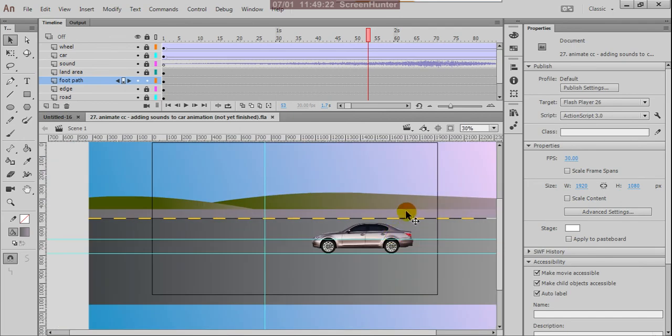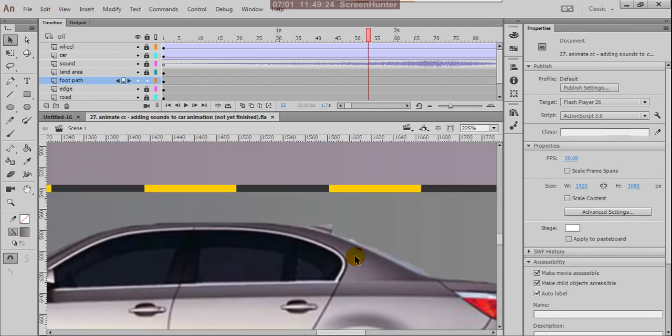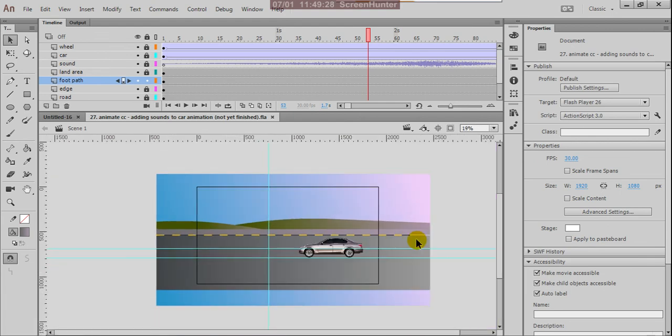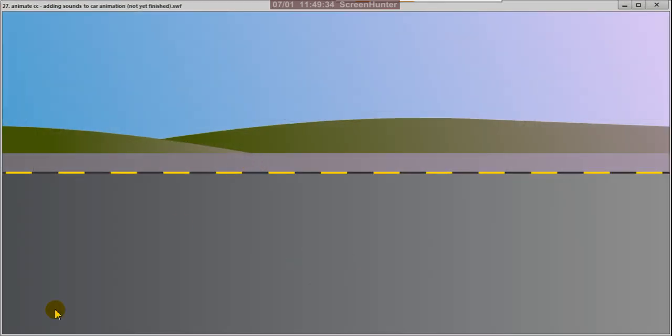Okay, and it is appearing pinkish. Yes, that's okay. Make it Control Enter. Excellent.